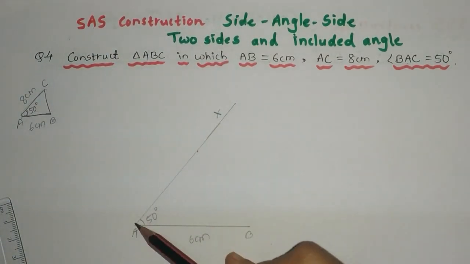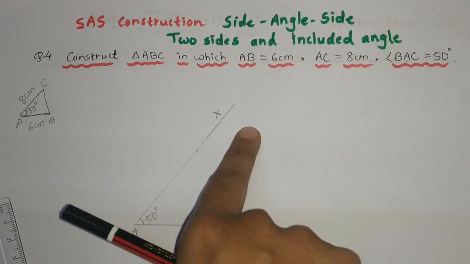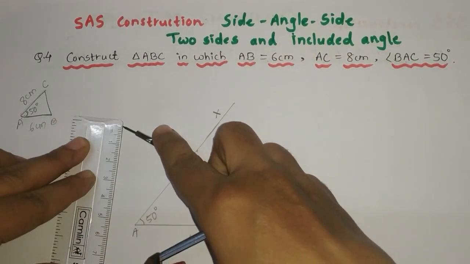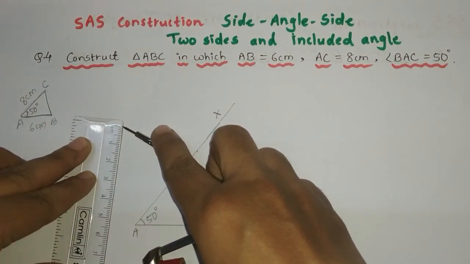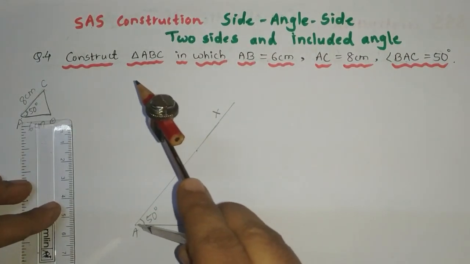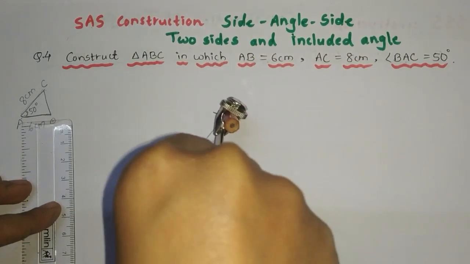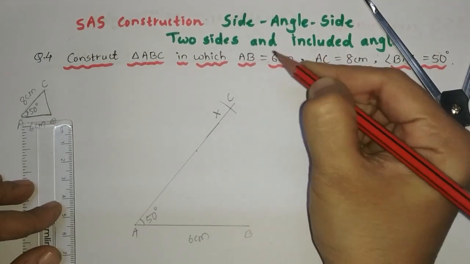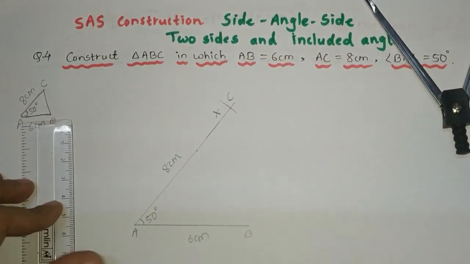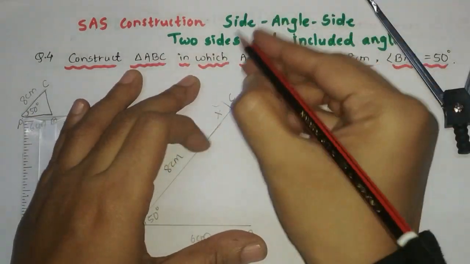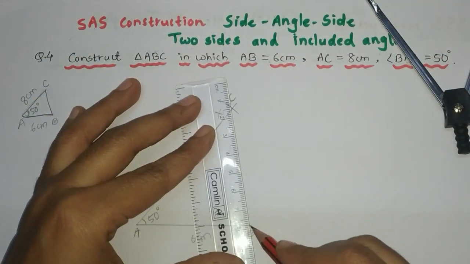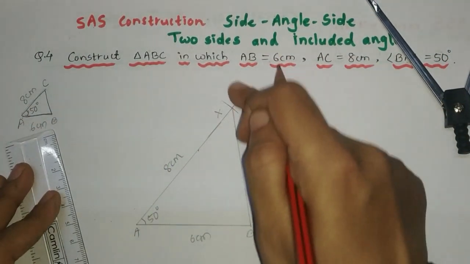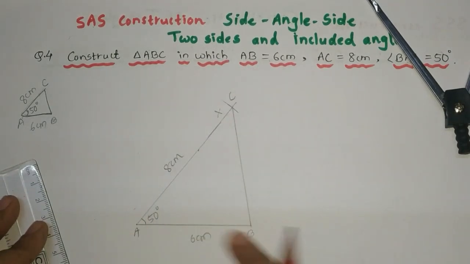A to C, we have to cut on this line AX, we have to cut here 8 centimeter. So take a radius of 8 centimeter. At A we will cut this. Here it is cutting coming. So the point which you got here, this is C, 8 centimeter. You can write on this X line here. Now join this point and this. So this is your segment BC and this is your triangle ABC.